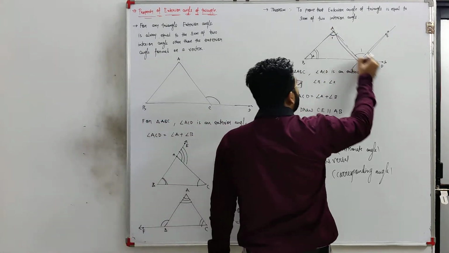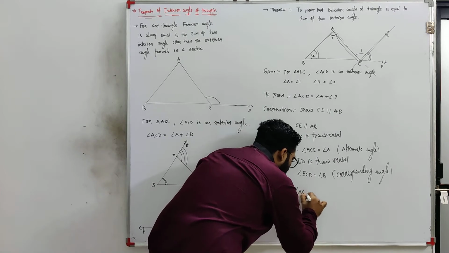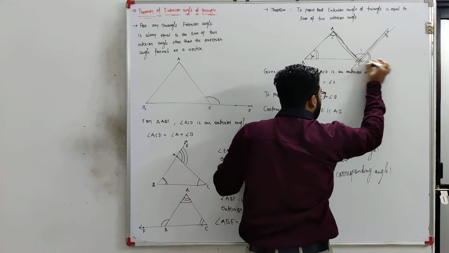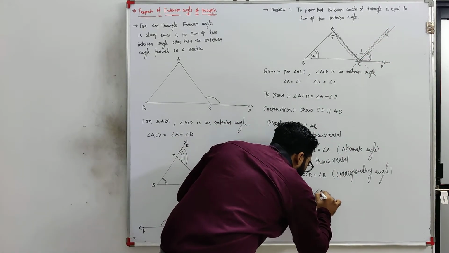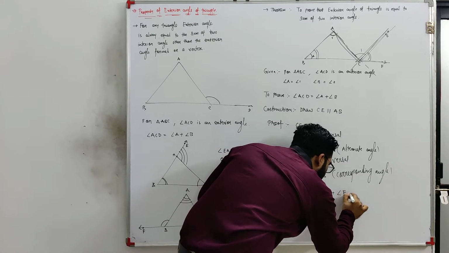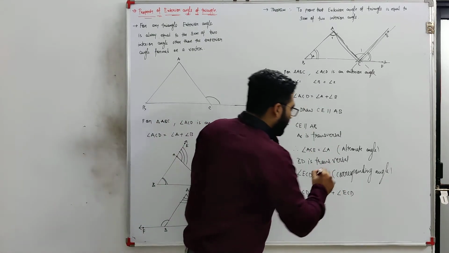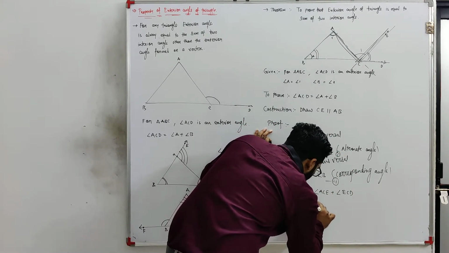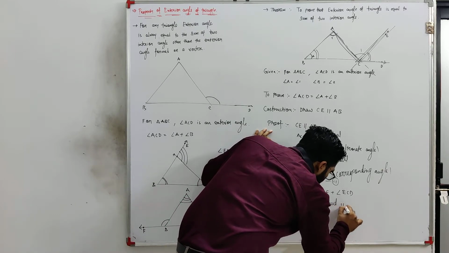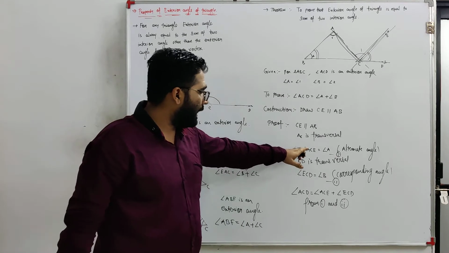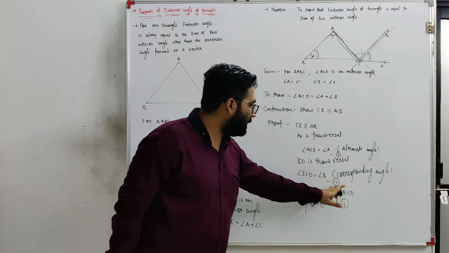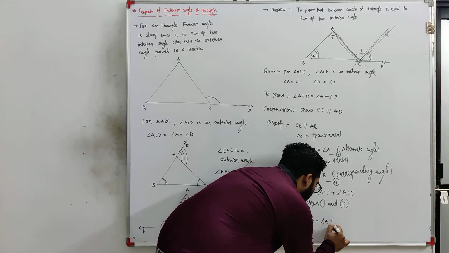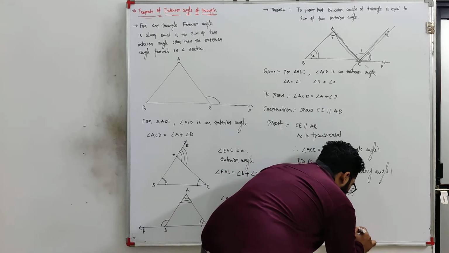So as per this, this is the corresponding angle. What is the angle ACD? If you observe the angle ACD, it is made by two angles. One is ACE, then ECD. So here I am writing like this: ACE plus angle ECD. Now what is my first part and what is my second part? I can say that from 1 and 2, what happened? From 1 and 2, angle ACE is equal to angle A and angle ECD is equal to angle B. Therefore, angle ACD is equal to angle A plus angle B. Hence,